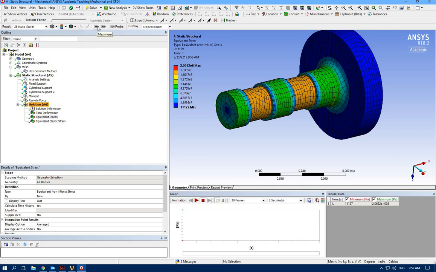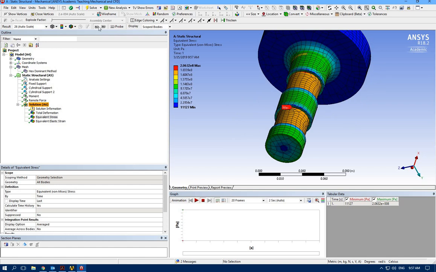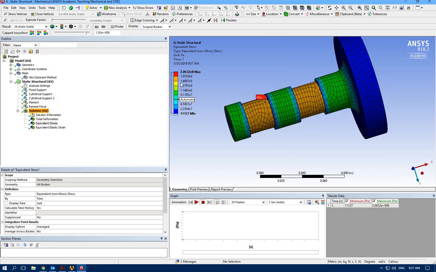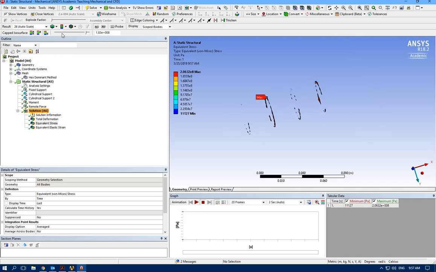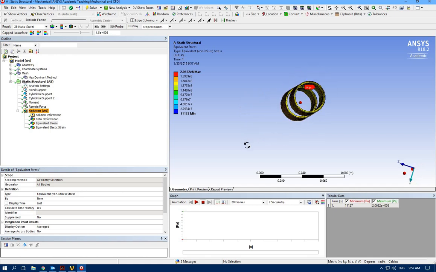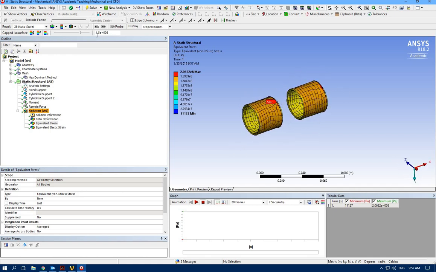Okay, so let's place the maximum. It's going to be there, and minimum we don't care that much. Okay. I can show you this way. For example, say above, show me just the area above 1.5 times 10 power 8. So these areas we have high stress, which is above 1.5 or